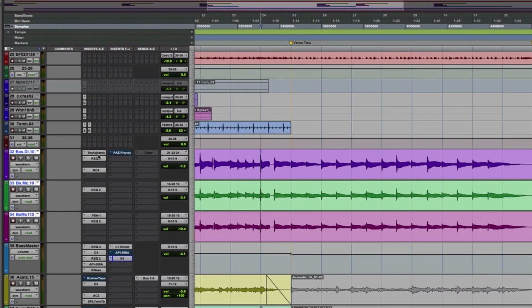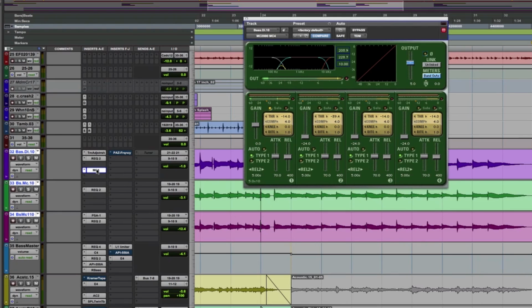So hopefully I've helped you there with some mixing tips. Please leave some questions down below. This is not how I do it every time, it's just what suited this song, but definitely these ideas work. I think the multiband compressor is probably one of the biggest helps to me when mixing bass, to keep that low end nice and even. The R Bass is a great tool, but the multiband itself can probably provide a lot of what you need. And if you've got multiple sources,